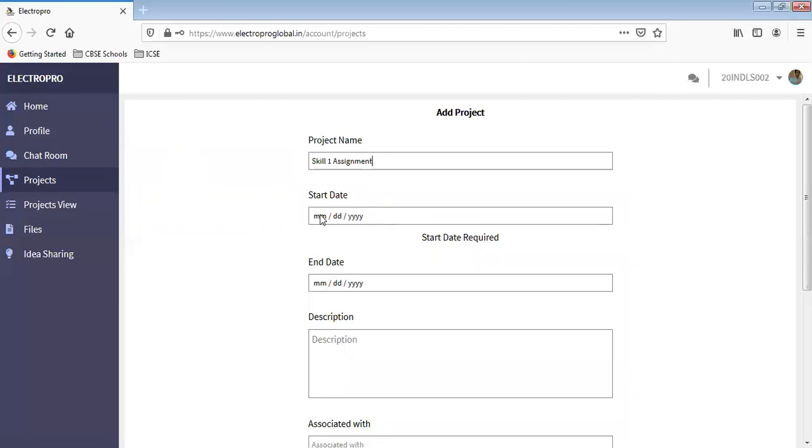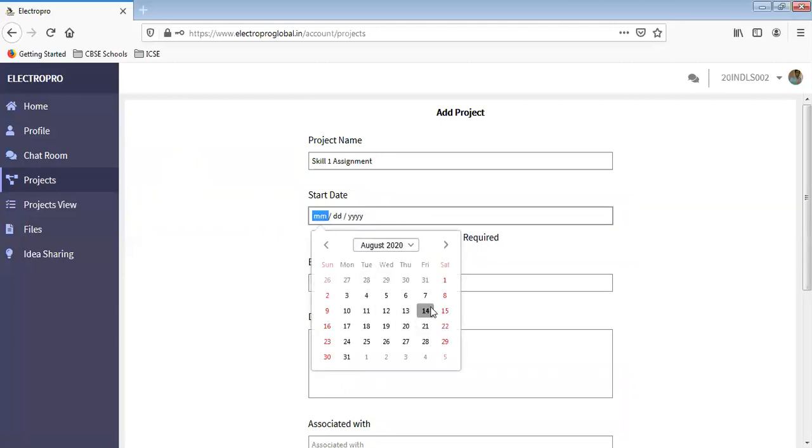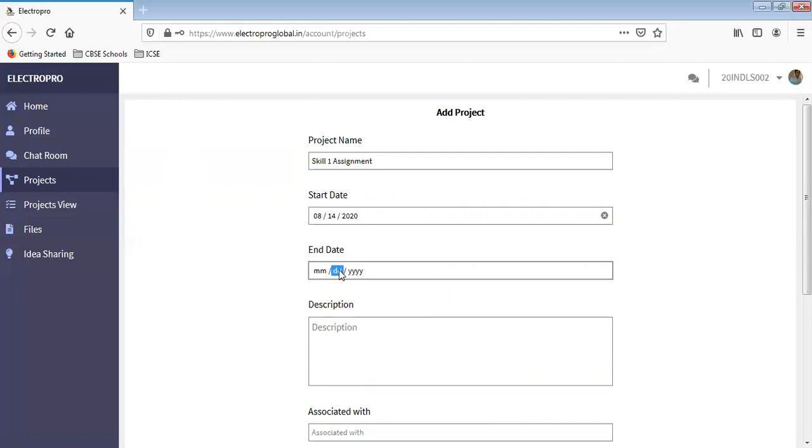No spaces should be there. Start date 14th and end date 15th. If the project lasts 3 or 4 days, you can fix the start and end dates, and you can edit and update it later.